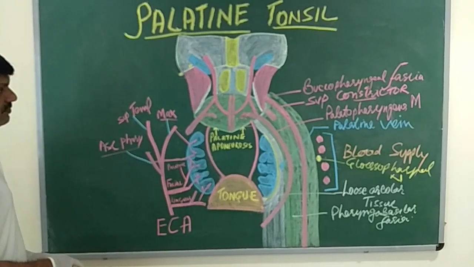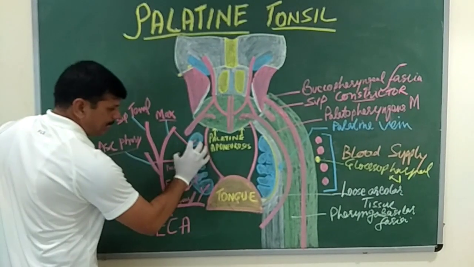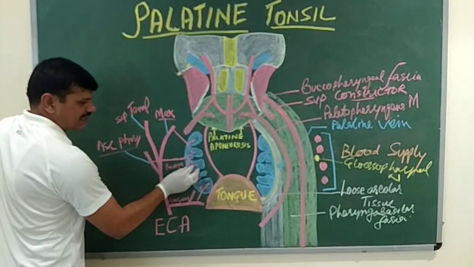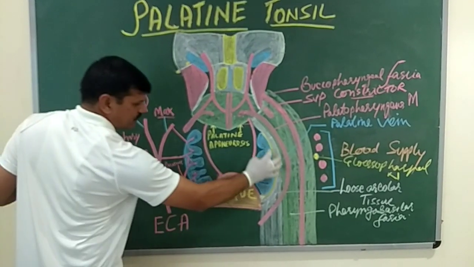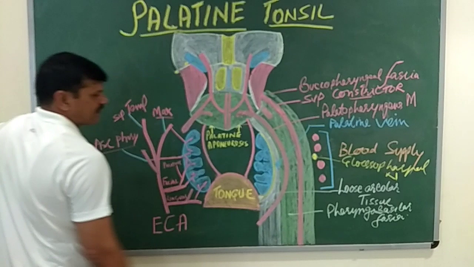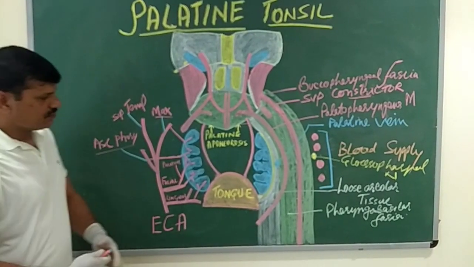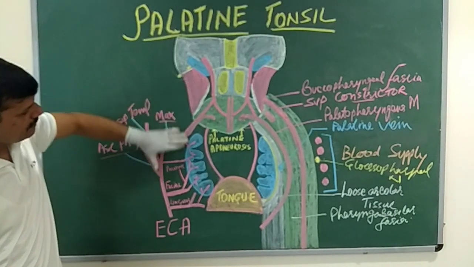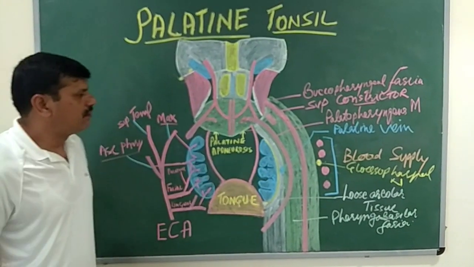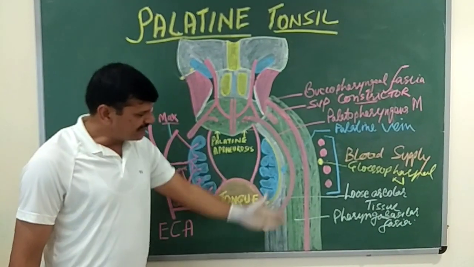So this is the structure where the palatine tonsil is present in the tonsillar fossa or the tonsillar sinus. So we have tried to make the soft palate in relation with the palatine tonsil, and this is the section where the